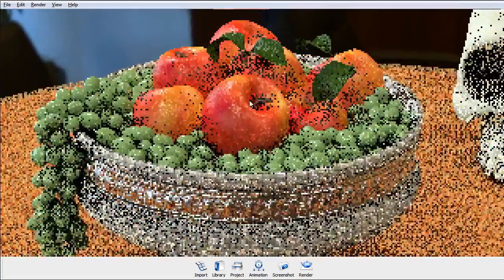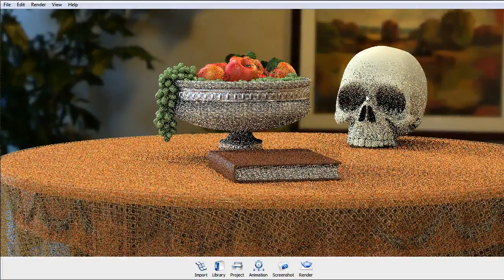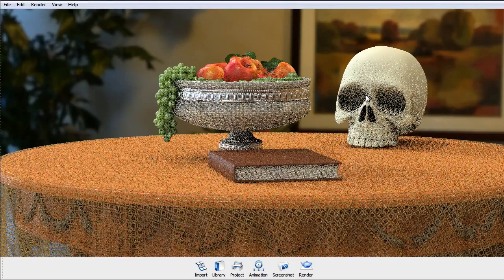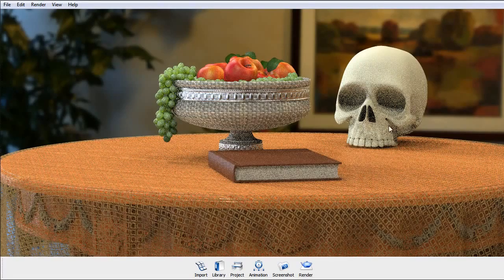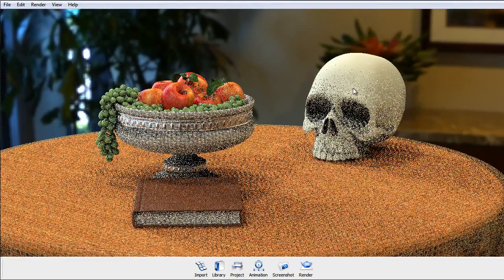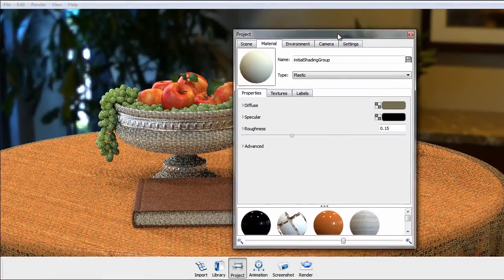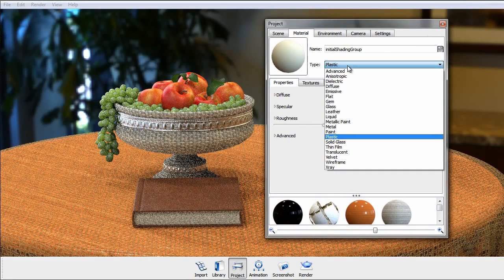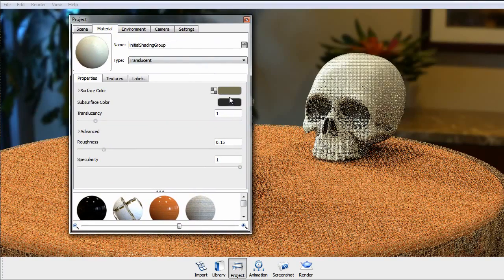Okay, so let's zoom out here and take a look at our scene so far. Let that sit for a second, see where we stand. It's definitely starting to come together. And we have essentially one more main part to do back here, and that's this skull. So let's double click on that, and what we're going to want to do here again is use the translucent material type. So let's change this from plastic to translucent,